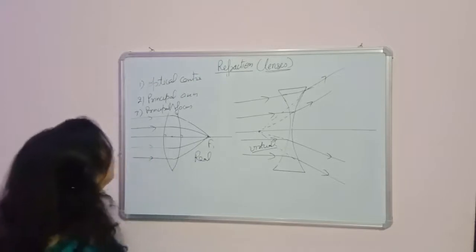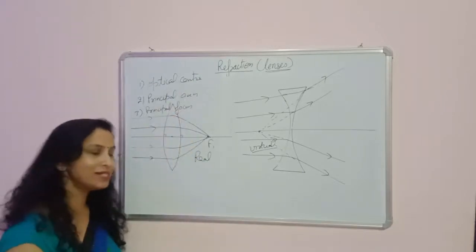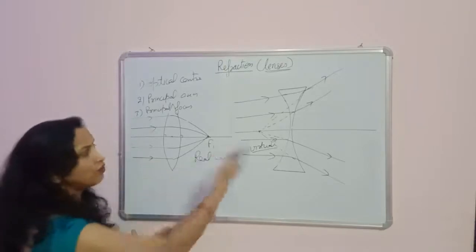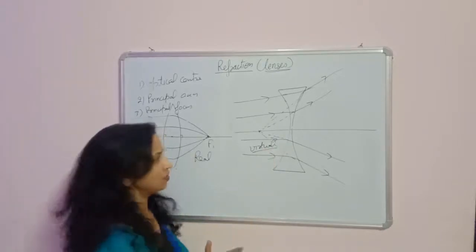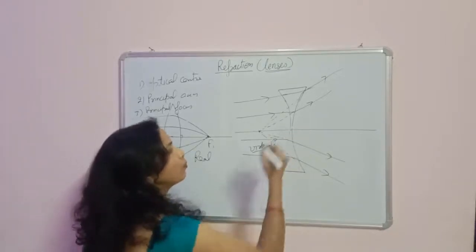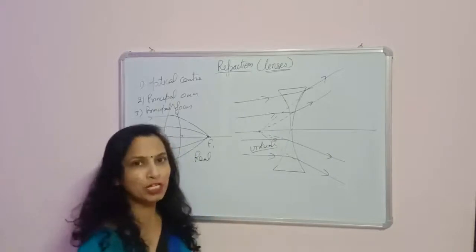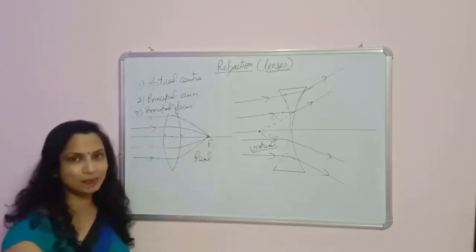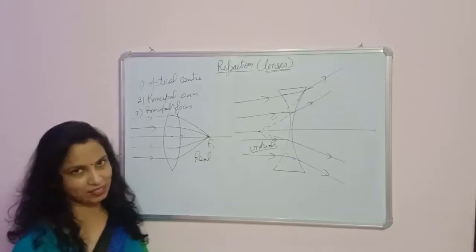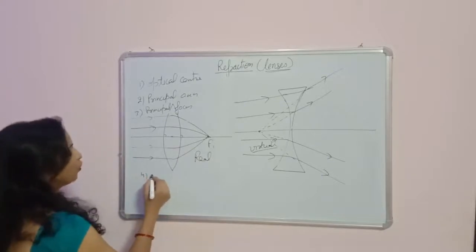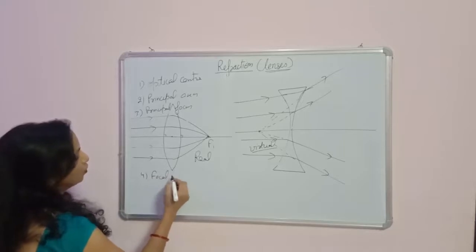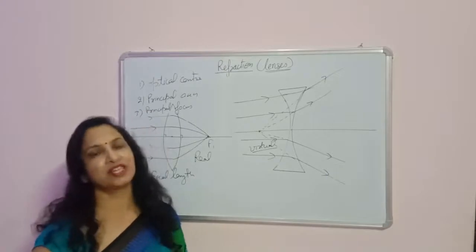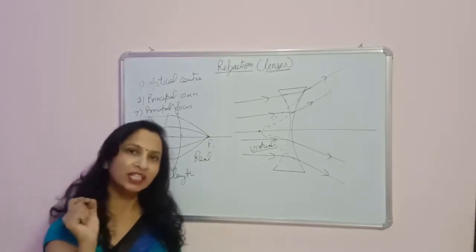So I explained three definitions here. Optical center, the center of the lens. Principal axis, the line which is passing through the optical center and perpendicular to both the faces. In a concave lens, the optical center is likewise the middle point, and the line passing through the center point perpendicular to both the faces is called the principal axis. And principal focus I explained for both convex and concave lens. The next one is the focal length. You have to write the definitions of all these terms. I am going to explain these definitions. You can pause the video for writing these definitions.